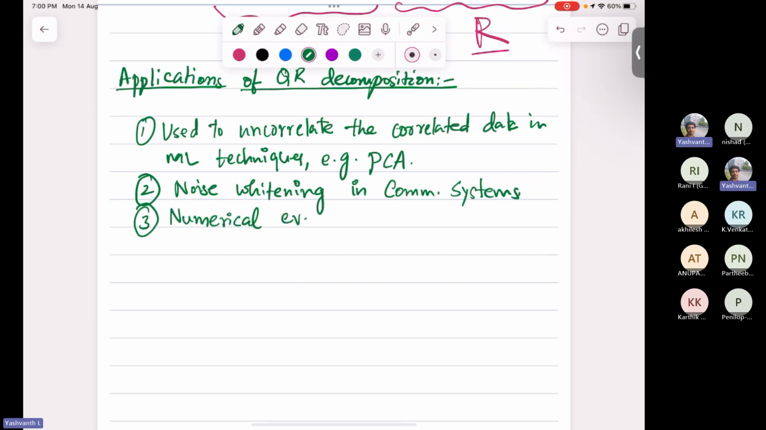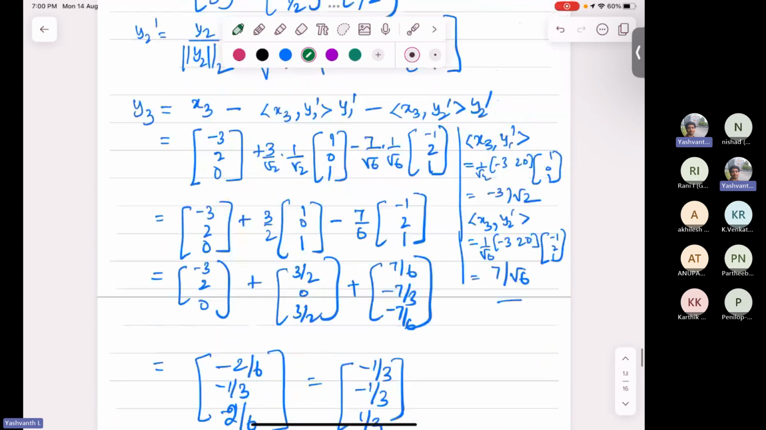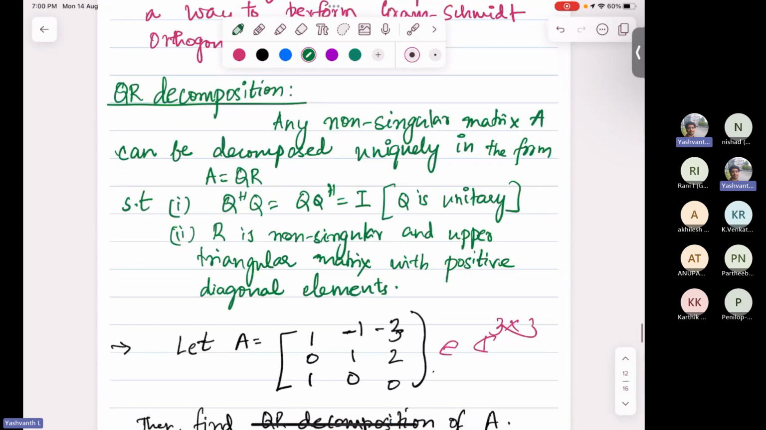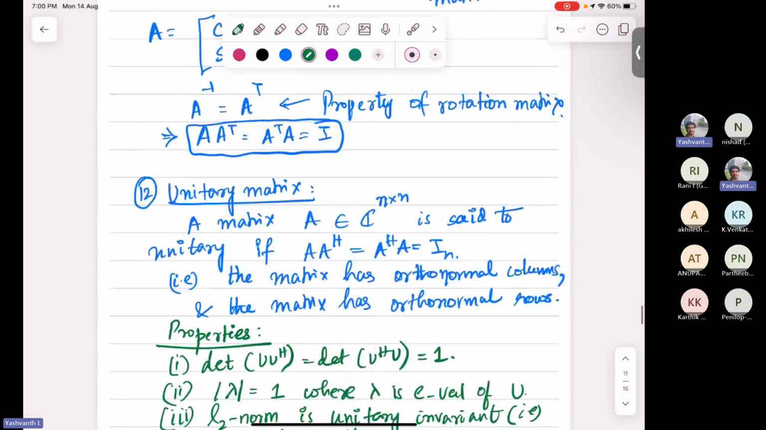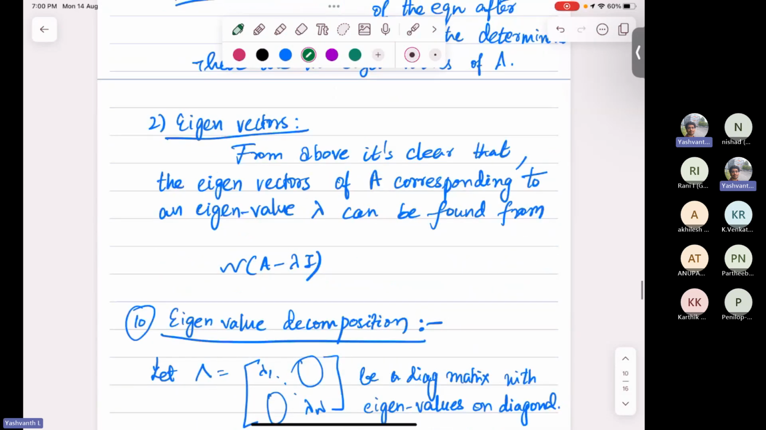in numerical evaluation of eigenvalues. Suppose you are given a very large matrix A in C to the n by n, an n by n matrix. Let's say n is maybe a 10 cross 10 matrix, right? 10 cross 10 matrix. So the procedure that I described here to find eigenvalues is basically to compute the determinant of